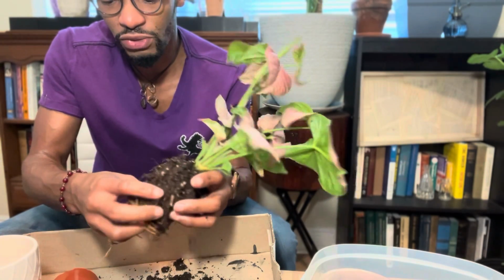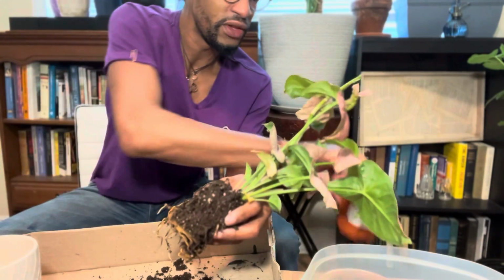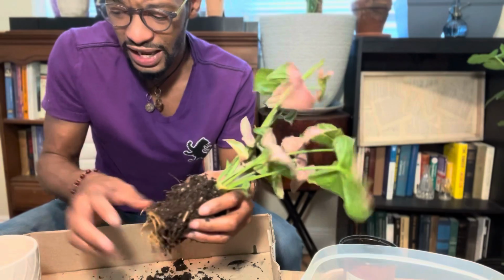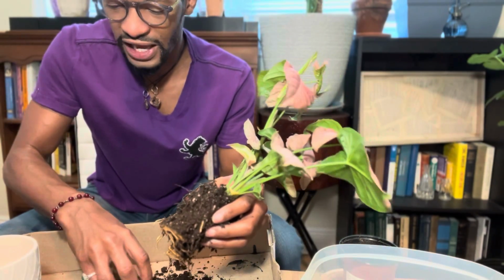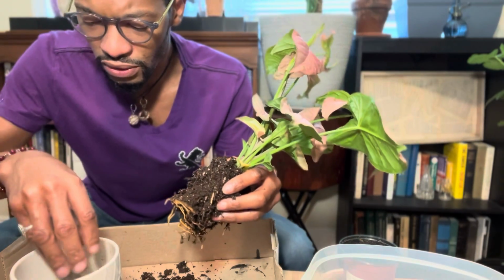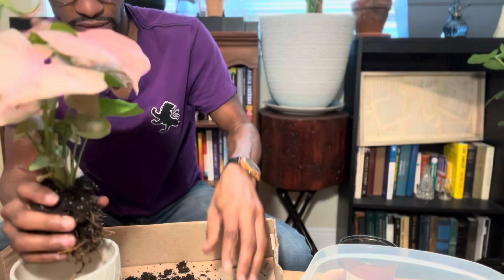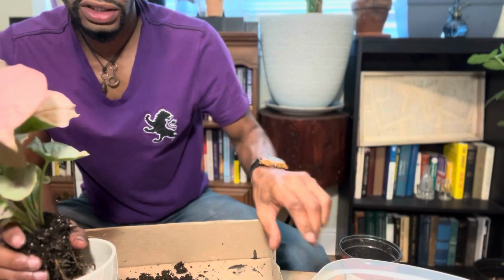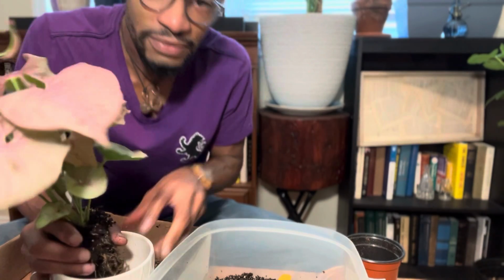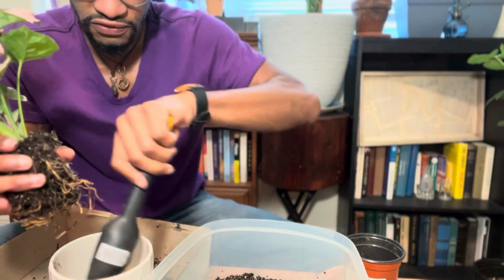Alrighty, so we got these roots teased up right here, and I'll also put a little bit more of the old soil that we have with the new, just so that it remains comfortable with its new home. So we're going to take a little bit of that. So with this here repotting, see if you guys can see me. Alrighty, so we're just going to fill this baby up